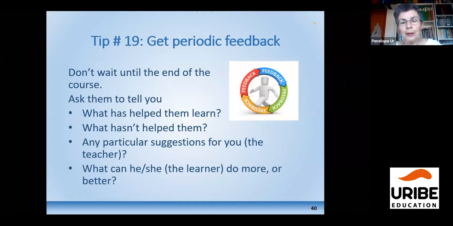And finally, so that it's not all me, it's also you, in the middle of the course, when you're getting your feedback, what can I, the student, do? It's not just the teacher's responsibility, it's a shared responsibility, and I want the students to say what they can do, what responsibility they can take to make the course better.